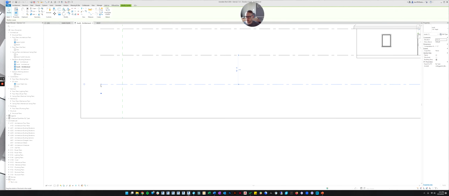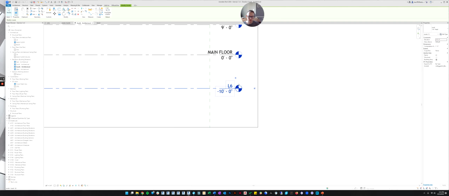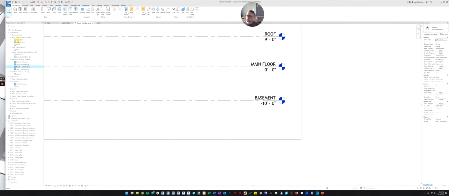And then I like to go in and grab the end of it and align it with the level above on both ends just to keep it tidy. And then we'll name it basement. And you'll notice it asks you, would you like to rename the corresponding view? So that is your first indication that it already created a view for you associated with that level. We're going to say yes. And now if you go over here and look, you can see it's recreated the basement floor plan. It's even created you a ceiling plan. So it created both for you automatically.